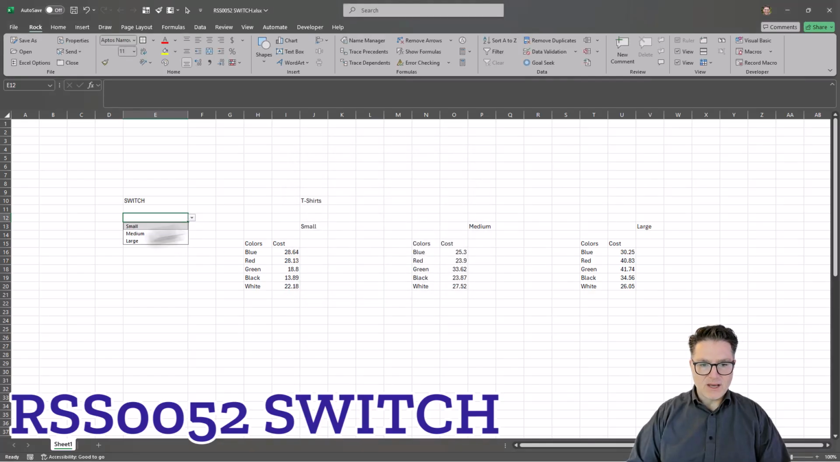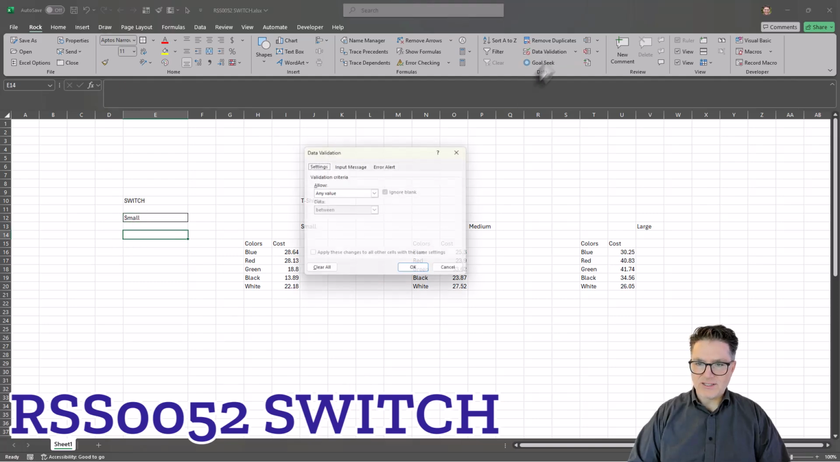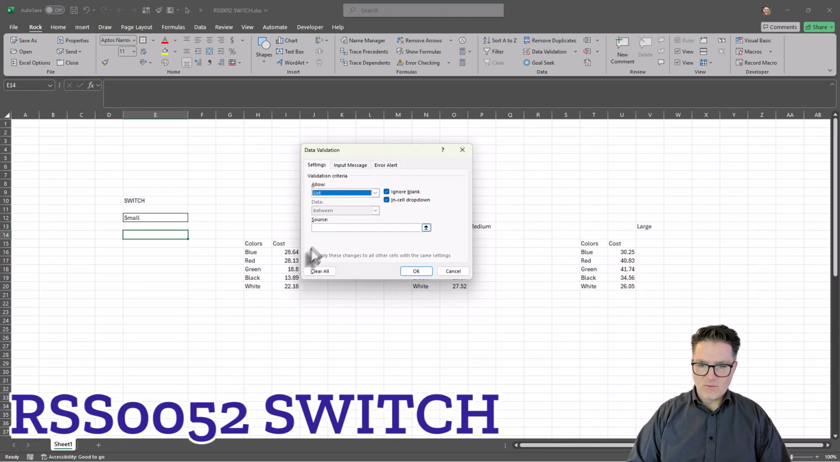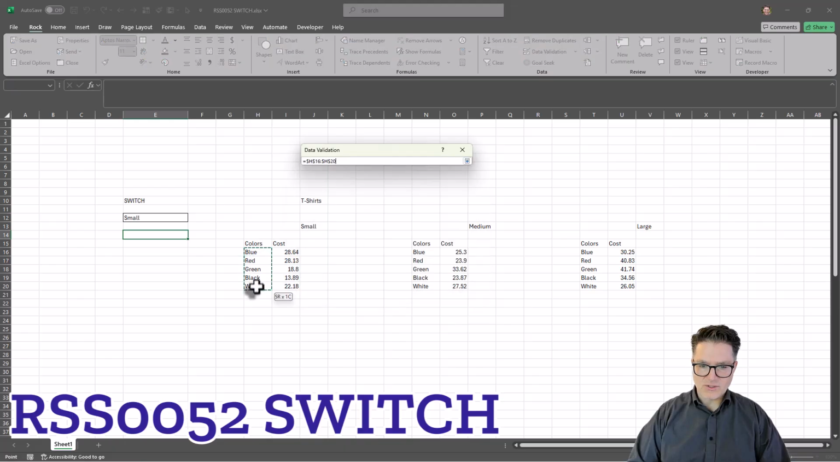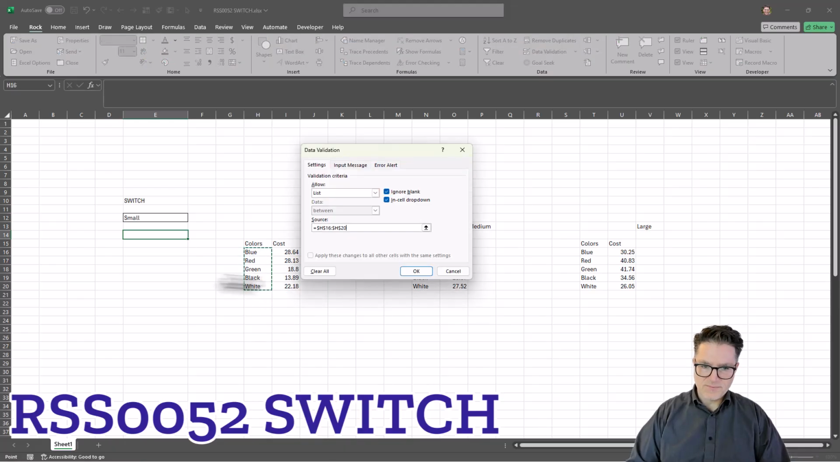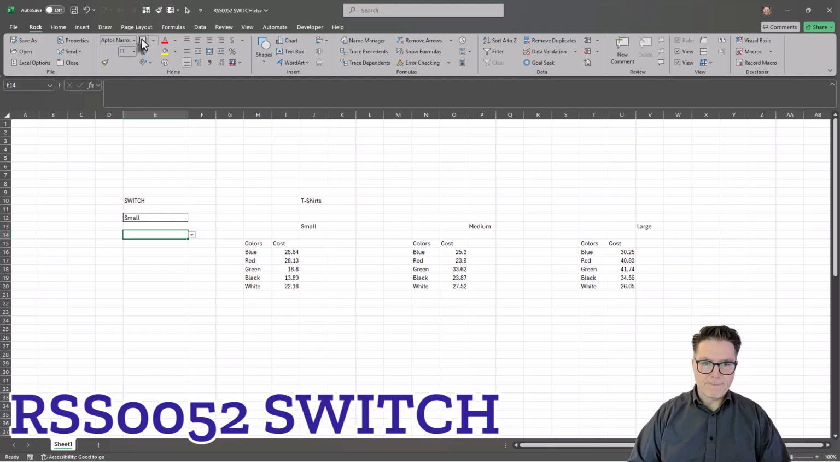Now we can choose from there, and then we can also choose the color. So we'll do another data validation list where we have as the source these colors, and we'll choose green as an example here. And then what we want to do is have the lookup be based on what is chosen here. We're going to do the cost